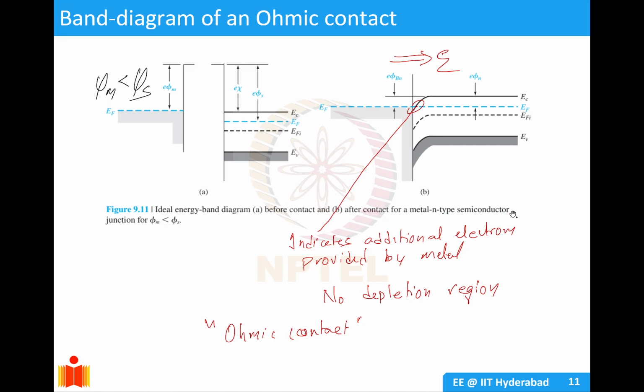So next we talk about ohmic contact. Till now we had considered the case where the Fermi level of the metal was below the Fermi level of the n-type semiconductor. Now we are considering a case where the Fermi level of the metal is above the Fermi level of the n-type semiconductor. What will happen in this case is when we combine it, the Fermi level will move up, but EC and EV at the contact will remain the same. So there will be a downward band bending like this,